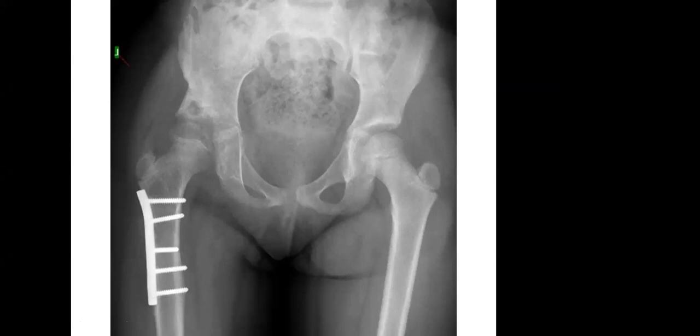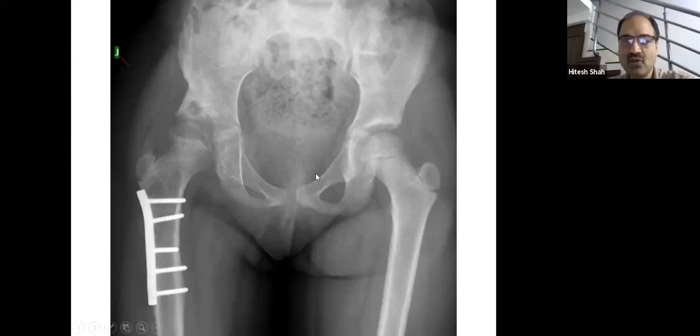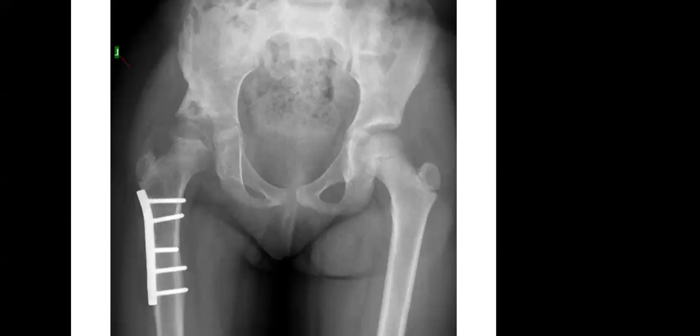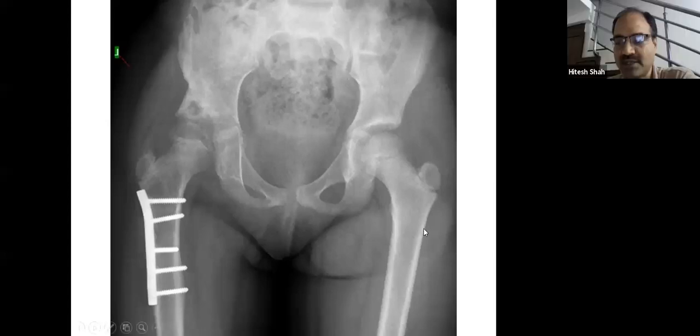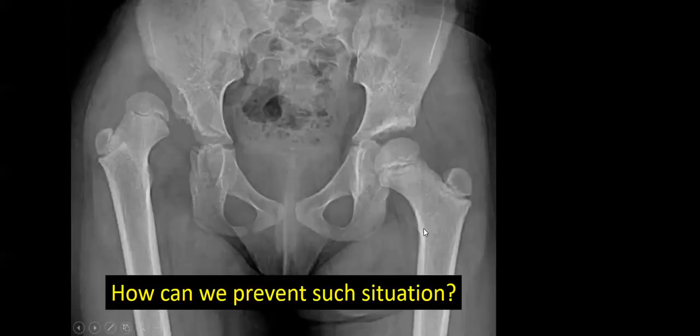Yes, you can do the pelvic support osteotomy. So when should we do the pelvic support osteotomy? Very good. You can go for the pelvic support, but when to consider it? Unreduced DDH of long duration. In such a long-standing case, there will be cartilage damage. So we need not reduce the head into the acetabulum. We can use the proximal femur portion in the acetabulum as a support. So can we go for this procedure as a pelvic support osteotomy?